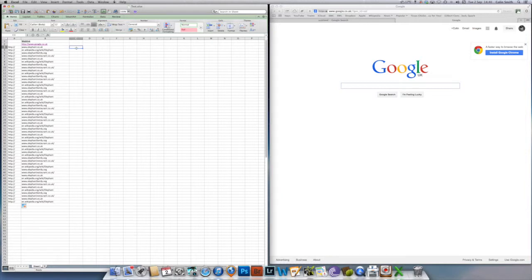And all that is we go to cell C3, we press equals to create a formula. Then we use our mouse and we click cell A3, and we can see it's given us the A3 number. Then using our keyboard, you press and